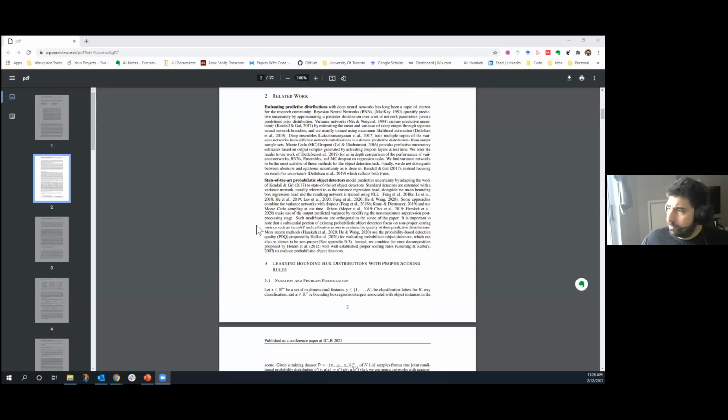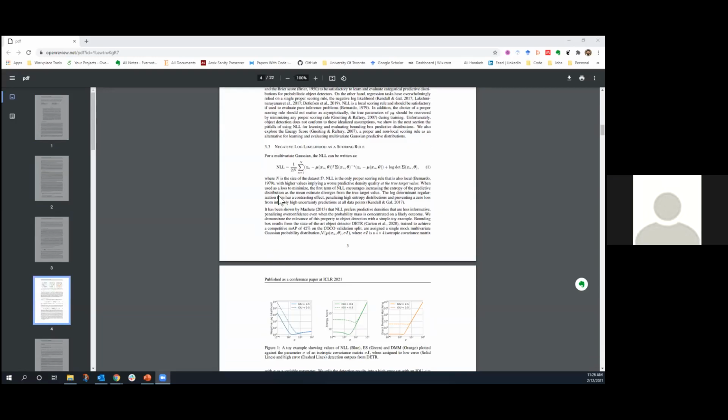Let me quickly stop sharing just so that I can pull my paper. Yeah, this is actually quite important, and I suspected reviewers would ask about it, and they did. This was one weakness of the paper, and then I had to re-explain why this is happening. All right, so let me share my screen again. Can you see my screen? Yeah.